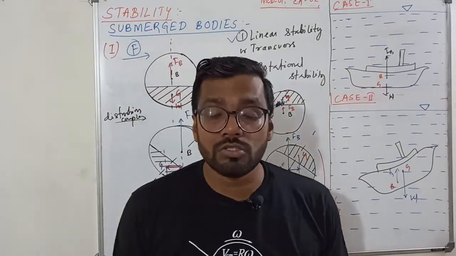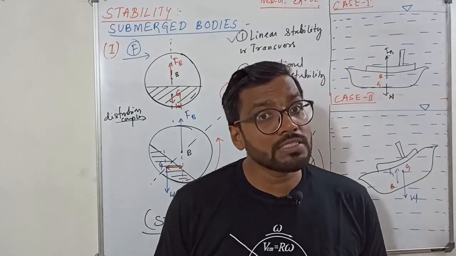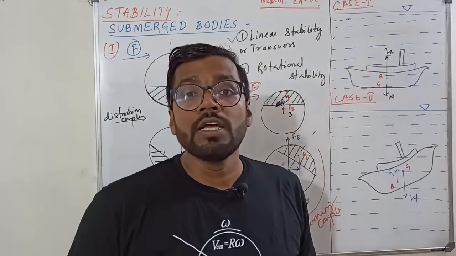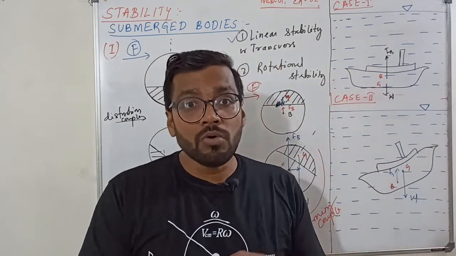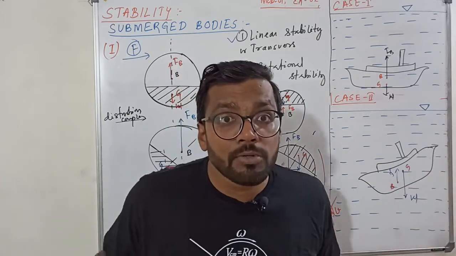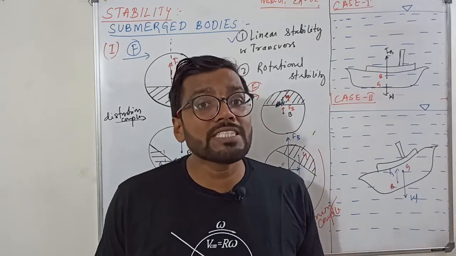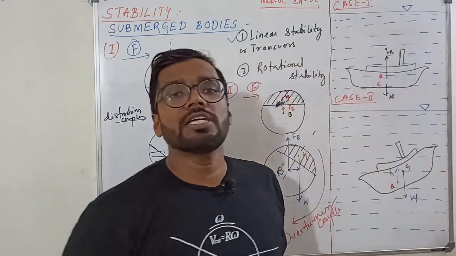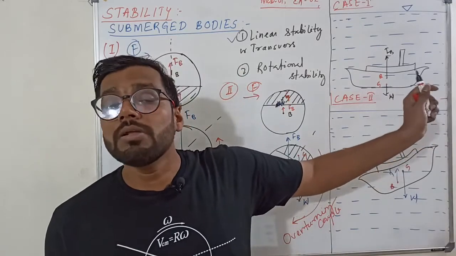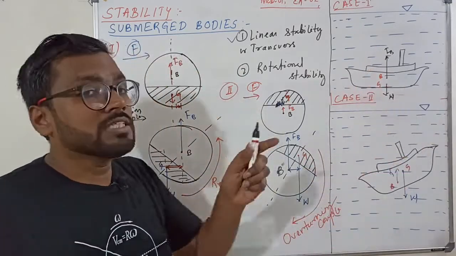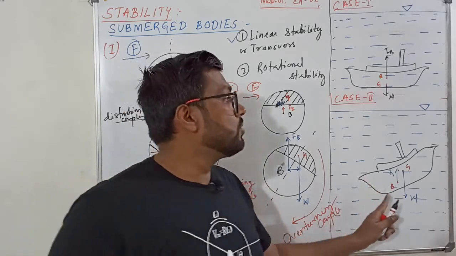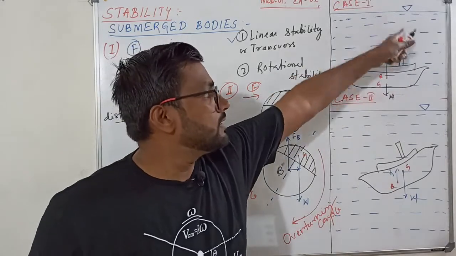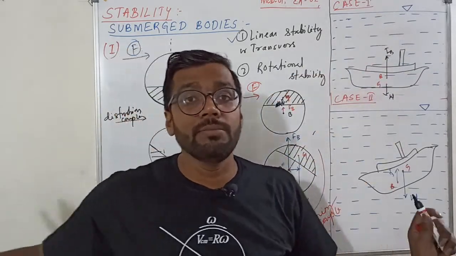So if you are designing a submarine or a hot air balloon, in a hot air balloon also the chamber is down, that is, more mass is down. Even in a submarine, the engine and more of the material, the cabin and crew chamber, are all kept on the downside. They want to maximize the weight on the downward side, so that the center of gravity comes below the center of buoyancy and they can attain a stable equilibrium. All these things we are discussing qualitatively, and our assumption is that no external link is attached; these are independent bodies.